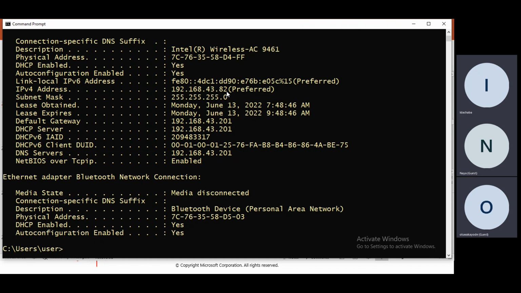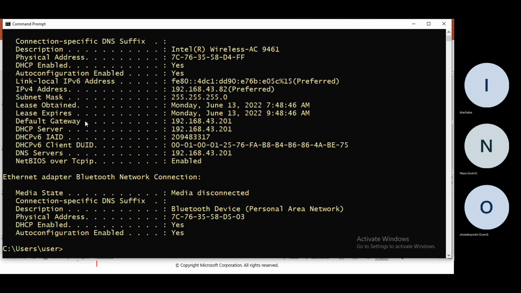So it's the router that will disperse this IP address to all your computers. The router too will give itself an IP. Are you getting the idea? The IP the router gives itself is what is called the default gateway. You know, it's also a device, but it's not a computer. Do you understand now? Okay.